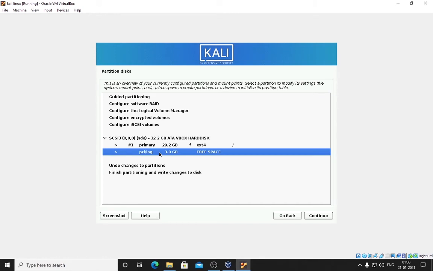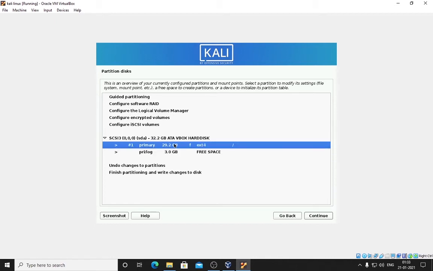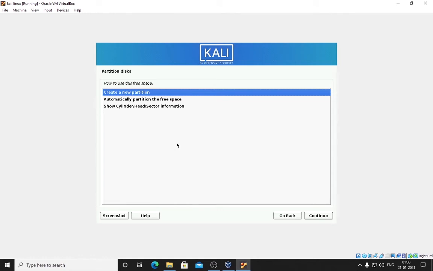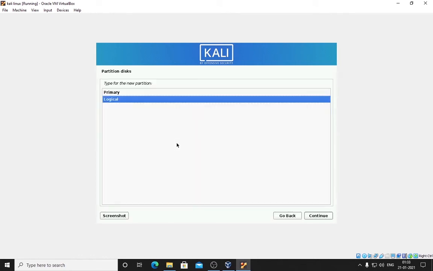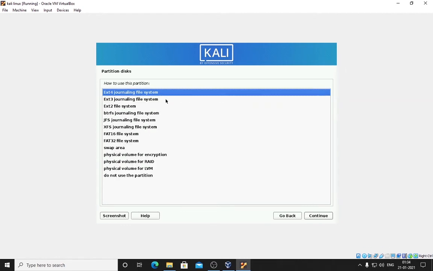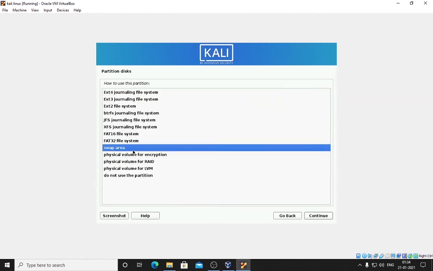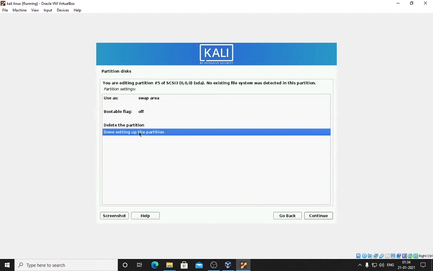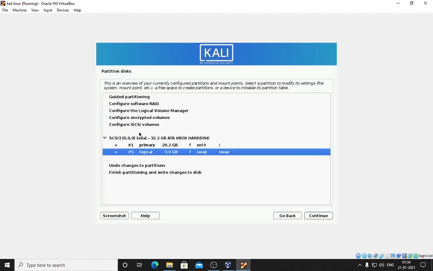So what is swap? Why do we need it? So this first partition is your boot partition where your operating system is going to install and every directory is going to install for you. This is going to be swap. Double click on that and it will ask you to create a new partition. Okay, 3 gigs is more than enough for us, logical. Okay, double click on that and choose the swap area. Double click on that and we have selected the swap area. Everything is done setting up the partition. Double click on that and here we have.